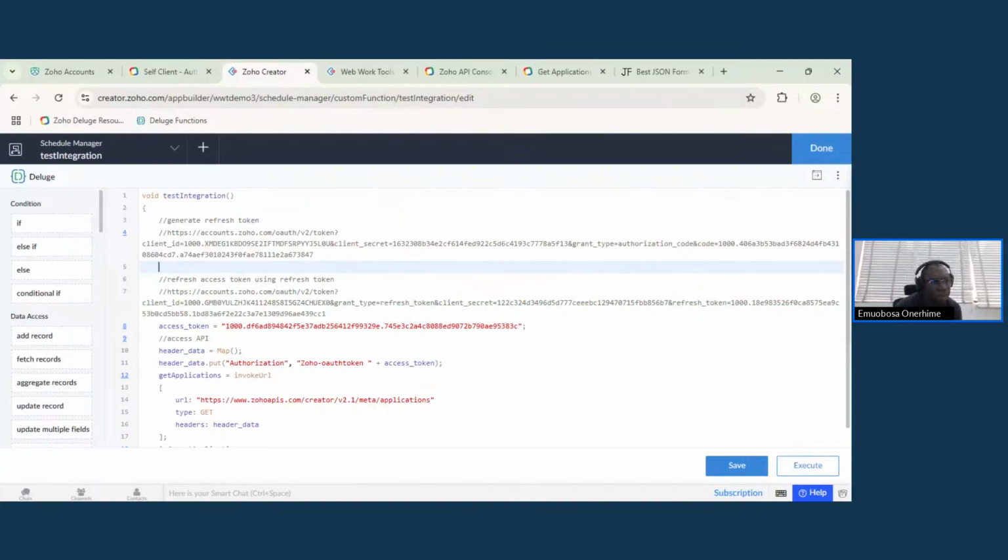Now we need to do our invoke URL. And we're going to say generate refresh token. Now, don't be mistaken. This also generates access token. So when you generate a refresh token, you get an access token by default. Okay? But if you want